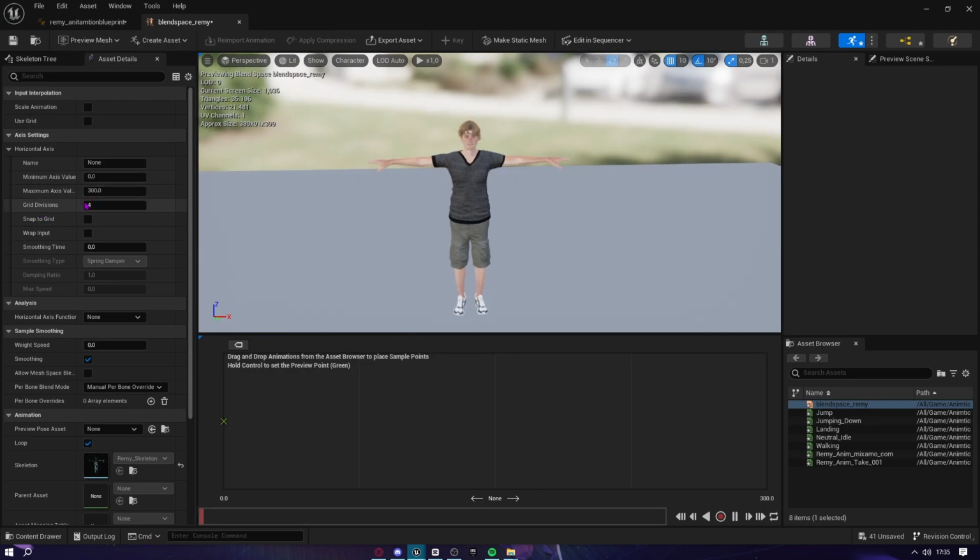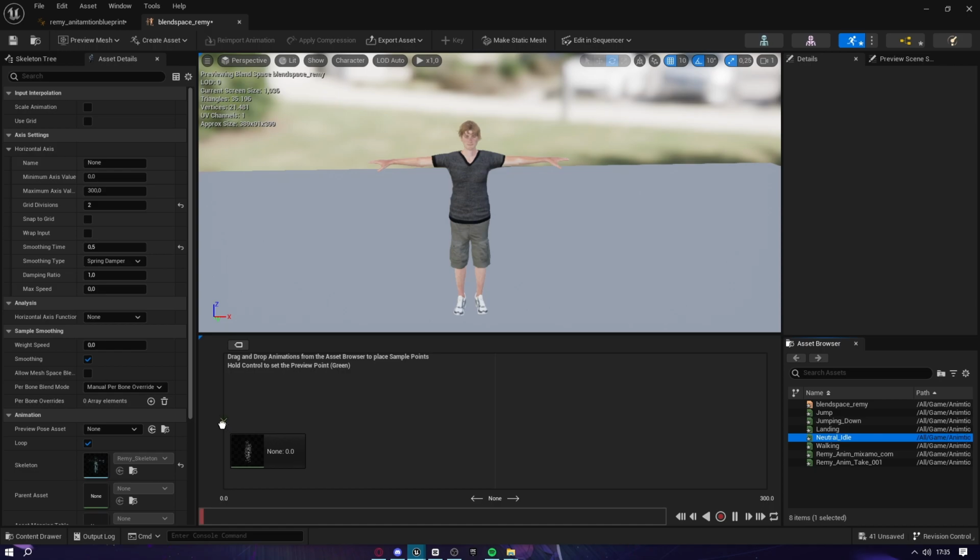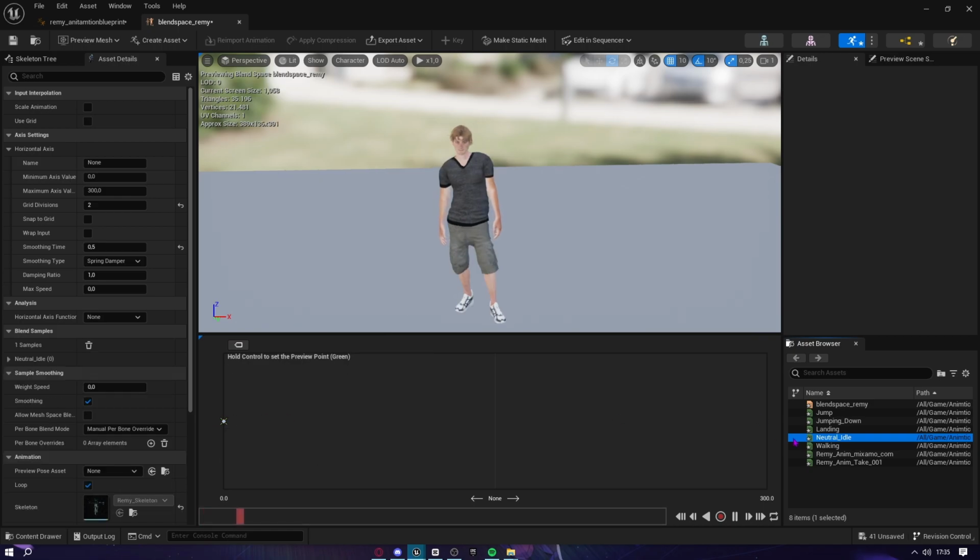Then you go to the grid division and set it to 2, and the smoothing time is gonna be 0.5. So what the smoothing time is doing, for example, if we got the idle animation here and hit the walk animation, it takes 0.5 seconds to transition to the next animation, so it looks much smoother. Then we're gonna add here the idle. You can see here, if you move the speed, just put it to 0, and then the walk